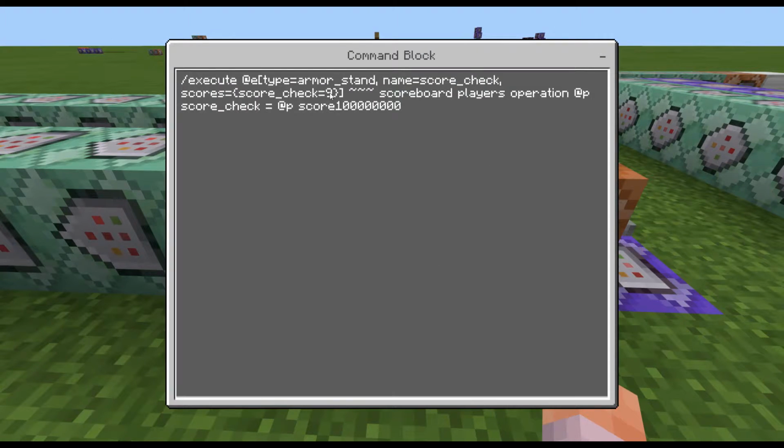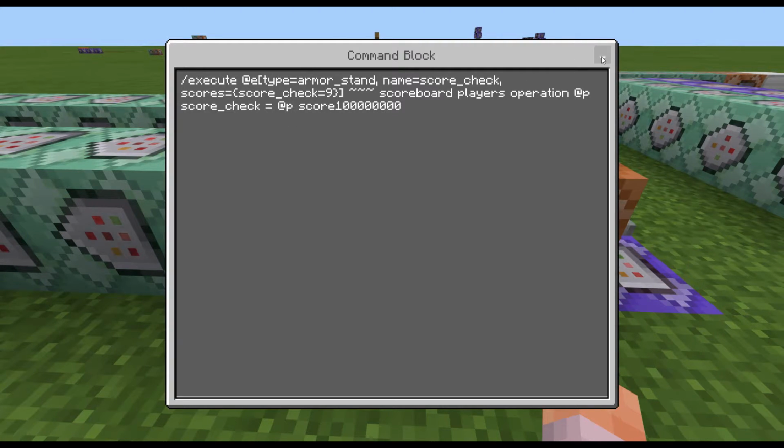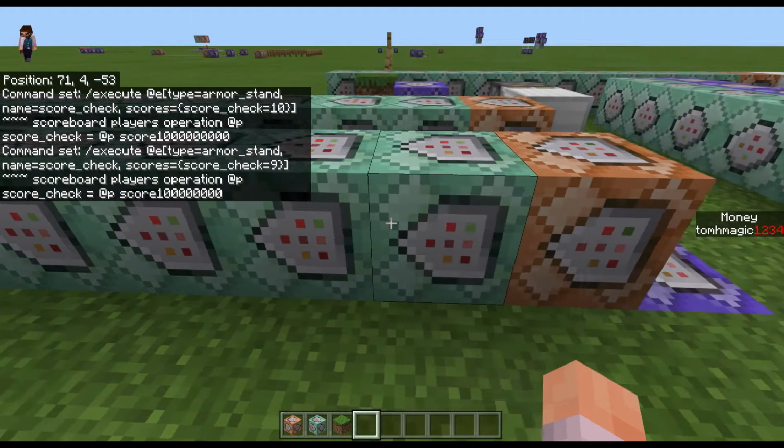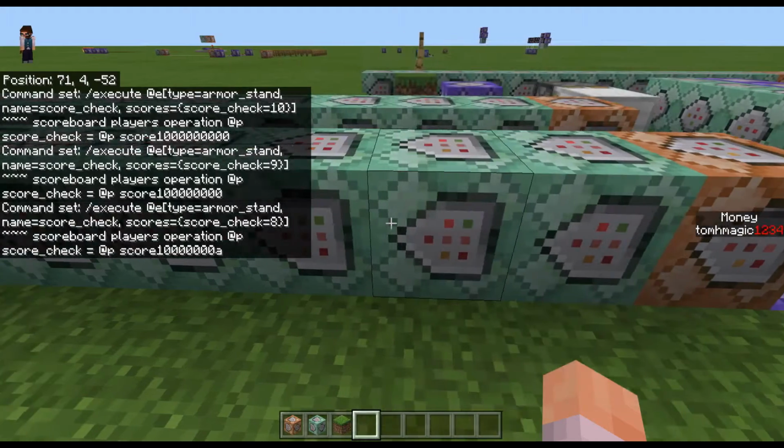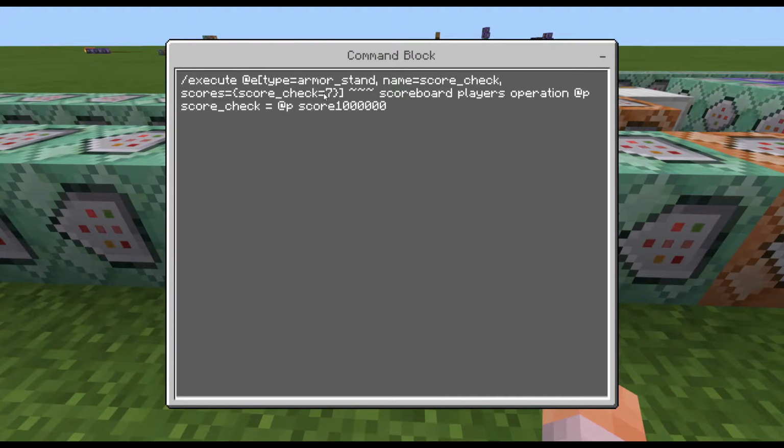So we're going to change this down from 10 to 9, and we're going to remove 1 zero here, and we're going to do that for each score of the armor stand. So 8 and 1 removed here, then 7, 1 removed here,